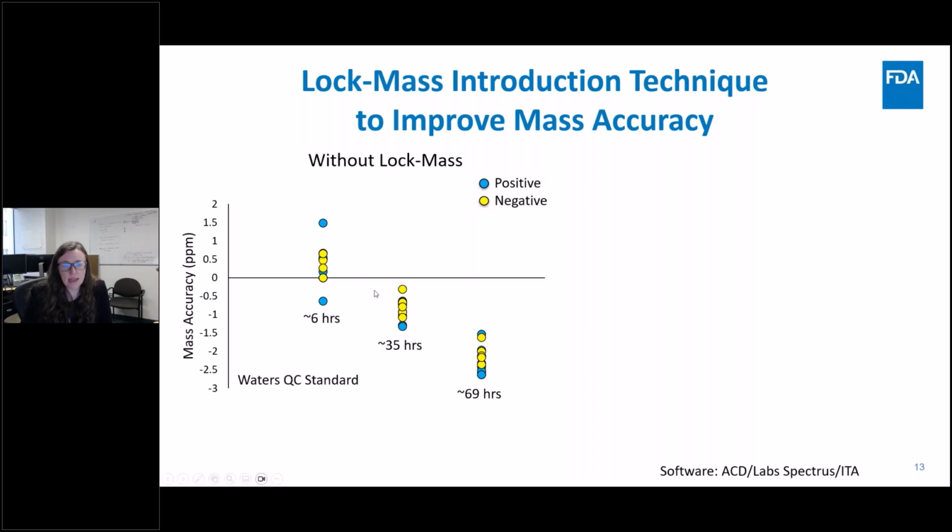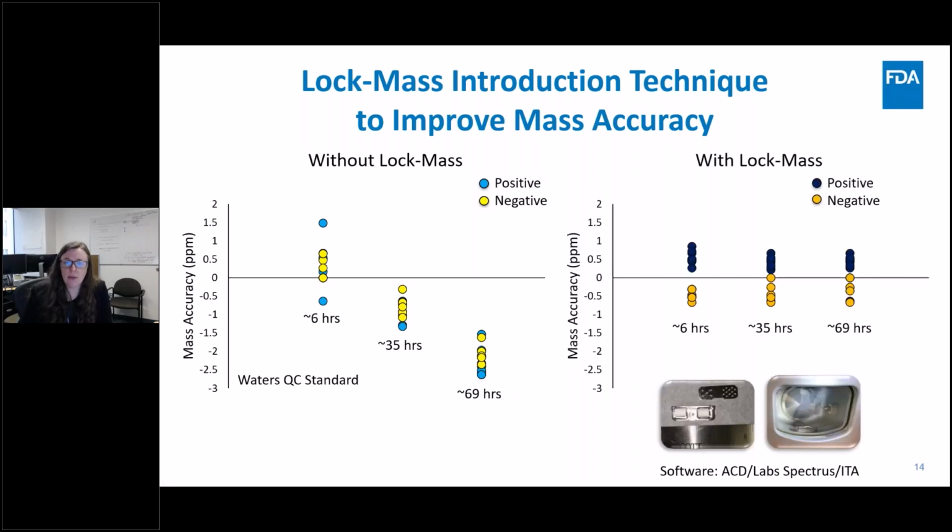And so you can see that our mass accuracy drifts out, and now we're within about negative 3 ppm over a 69-hour long queue. One of the ways we can address this is by introducing lock mass ions, and then the instrument can recalibrate the spectra on the fly. So we wanted to develop a method for actually introducing these lock mass ions to the mass spectrometer